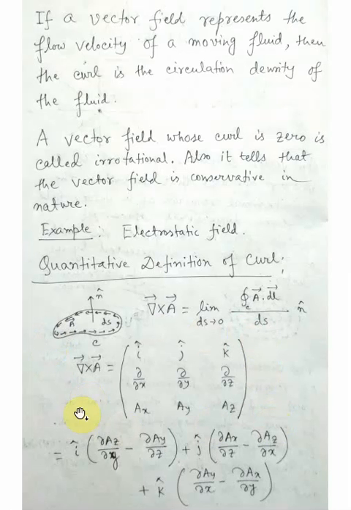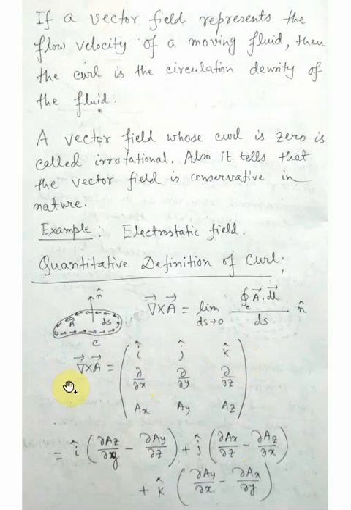Okay, this proof we are not going into those details, but you have to remember this expression: curl of A is actually I cap, j cap, k cap. How this comes can be discussed in the mathematical physics class. Here I am not going to the proof, but you have to remember that curl of any vector field can be written like this. So this is a matrix kind of thing: I cap, j cap, k cap.